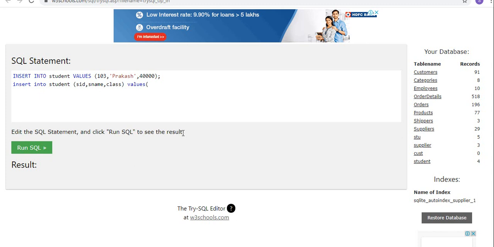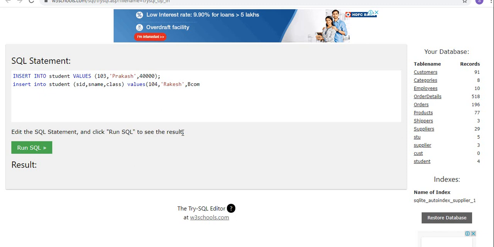Now enter the values. I am going with the student ID as 104, comma, the name is Rakesh, comma, class is BCom.